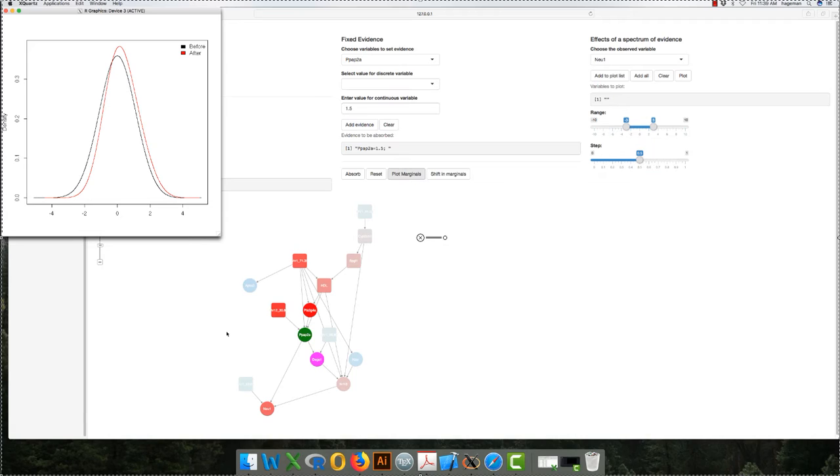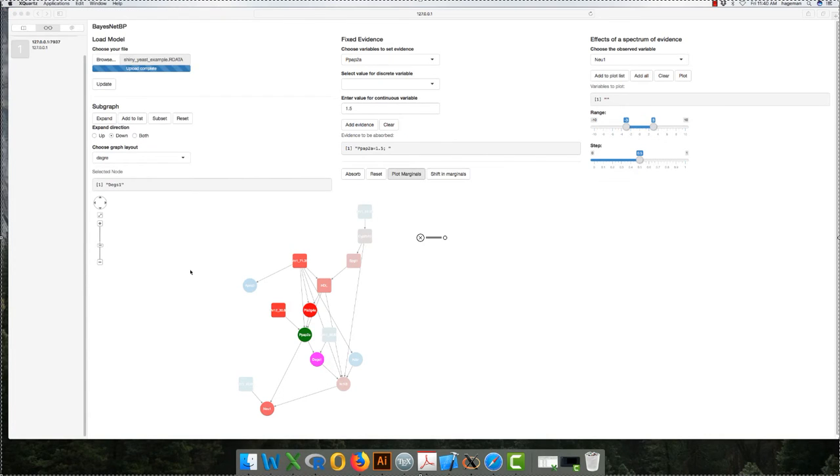We see the red is after. So we see a slight shift, and we see a little bit of difference in the variance too. So the marginals are updated according to the new parameters that are inferred after the propagation. Okay, so that gives you an impression of how you can explore the network using essentially these two